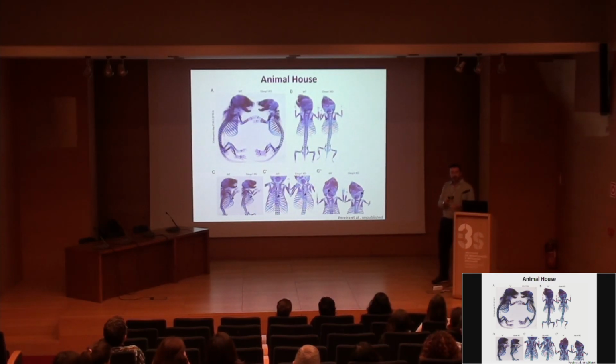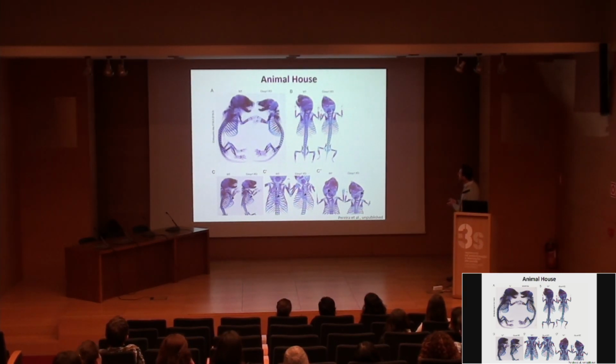molecule to understanding the physiological relevance of the molecule for the organism, because we can generate knockout mice for this particular molecule. This molecule is called CLASP. It doesn't matter for now, but gives you a clear example. For example, when you compare a wild-type animal with a CLASP1 knockout, you can see that this knockout is clearly